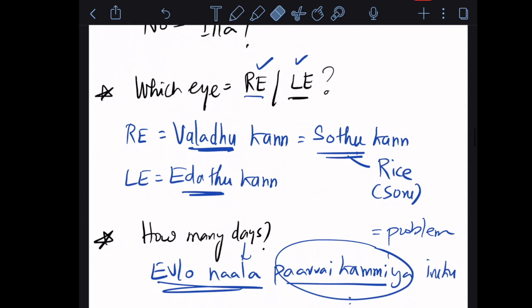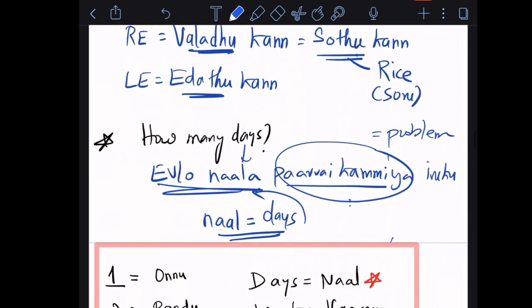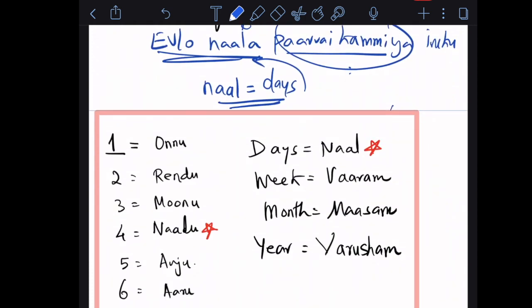So nala means what? Days. So actually naal means days. Okay, when you're going to put this in a question form, it becomes nala. Now let's talk about very, very important, the days, weeks, month and year. So the time scale, plus we'll look at some of the numbers and how do you call them in Tamil,